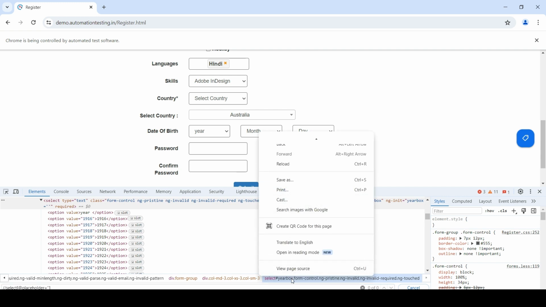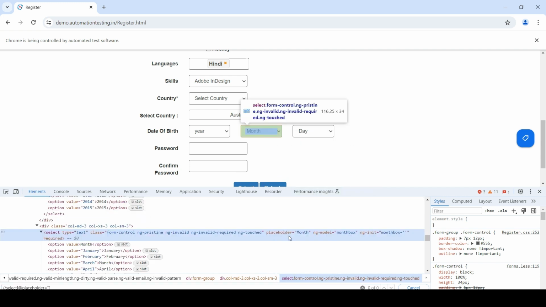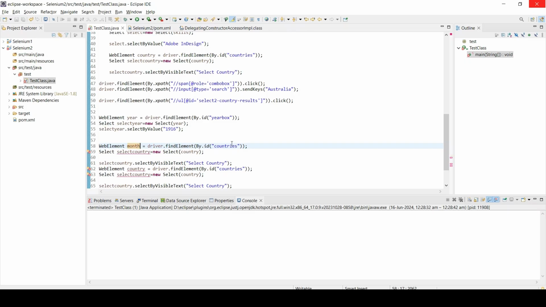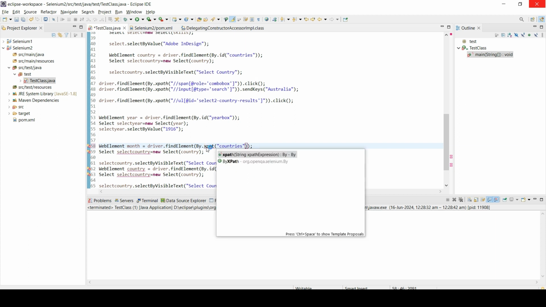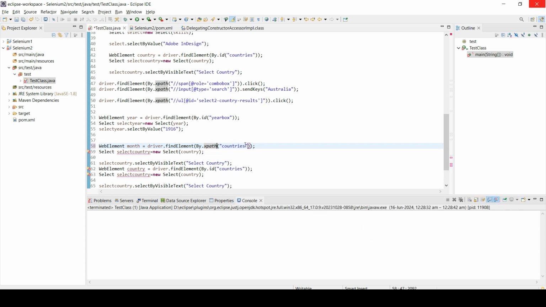So what is the value here? So it's month. Okay, this is an XPath I'm using now. Okay, month. So select month. I'm going to pass the parameter here,